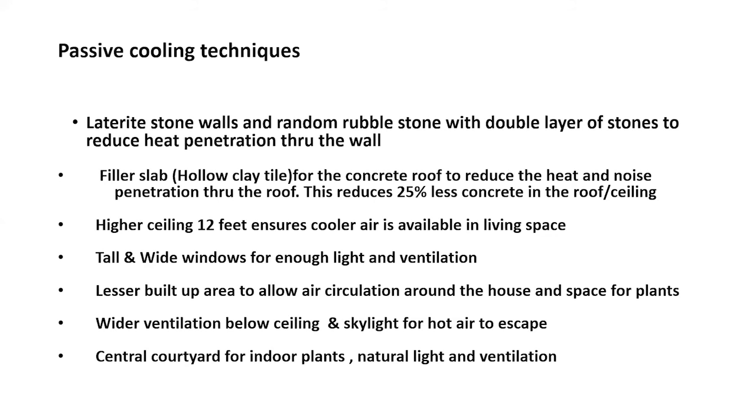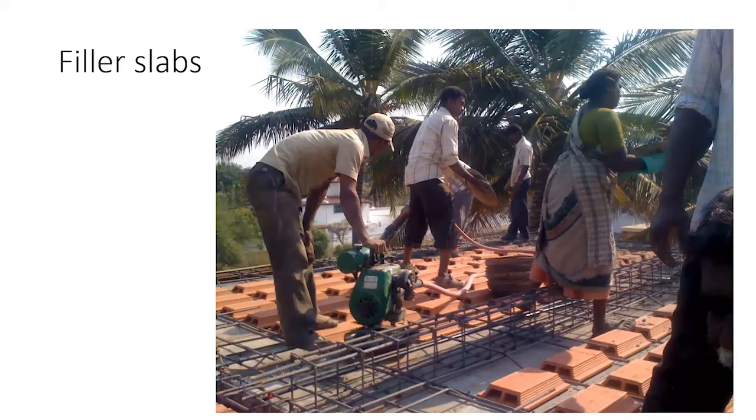The filler slab is what I was telling you about. This is the filler slab. Now, what we do when we are casting the ceiling to pour concrete, before pouring concrete, they put these clay tiles. See, these clay tiles are hollow, and they keep the house cool and use less amount of concrete to pour. This concrete is important because you want to construct one floor on the top or keep the roof on the top. But then to reduce the amount of concrete you pour in, they use these clay tiles as a filler.